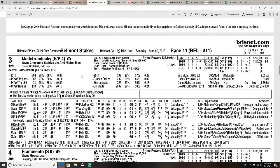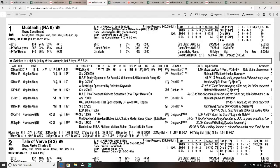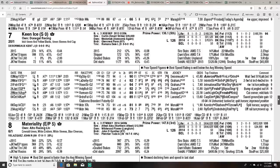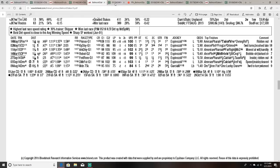Let's see, here's Madefromlucky, first in the Peter Pan for Pletcher, didn't do good in the Belmont. Materiality got second in the Preakness, didn't fire in the Belmont. And Mubtaahij finished 8th in the Derby, but he won the UAE Derby. He wasn't a bad horse. He came up and hit the board, but you don't see too many of the 2nd, 3rd, and 4th place Preakness hitters trying to hit the board. And we'll move on to